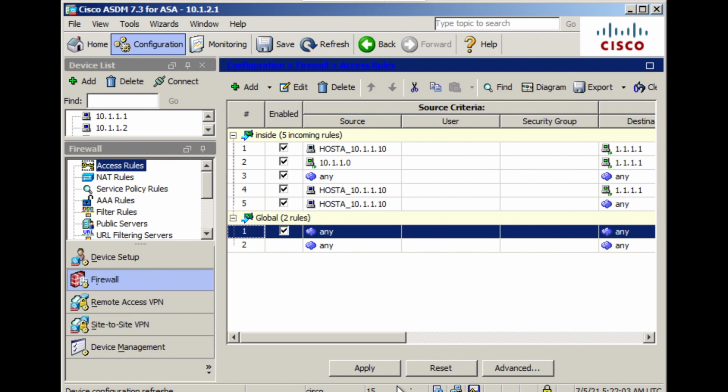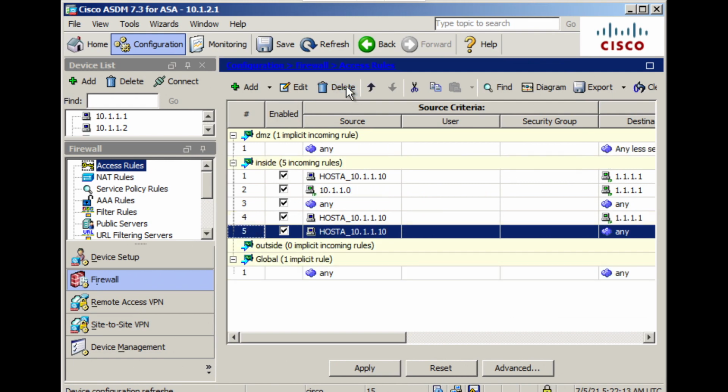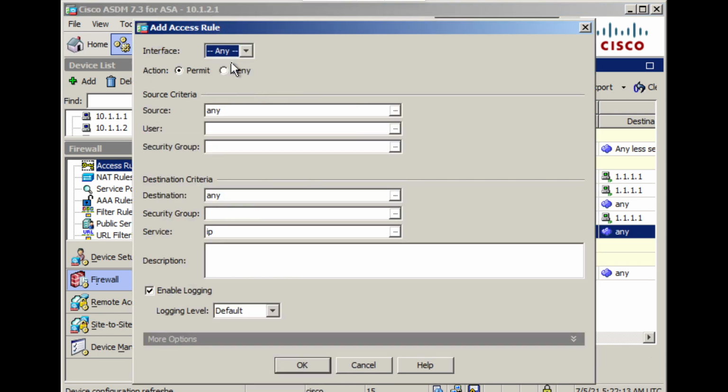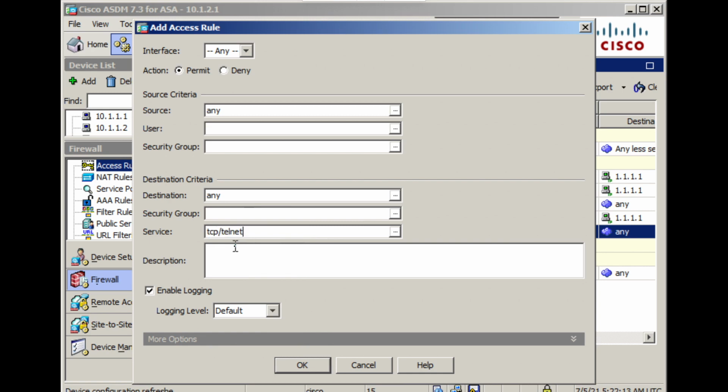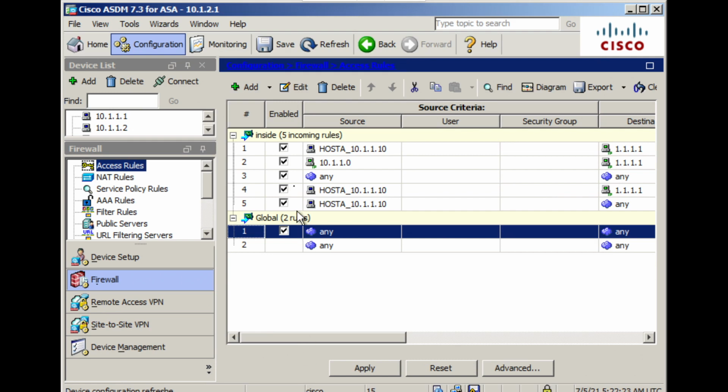Okay, let me delete this rule. Check it out. What all the sections are coming up? Do you see this? There is a DMZ section, there is an outside section, there is also a global section. Now, the moment I add a new rule under the any section, any, with TCP 23, or I can simply type telnet, then say okay. The moment I do this, notice that the DMZ interface binding and outside is also gone.